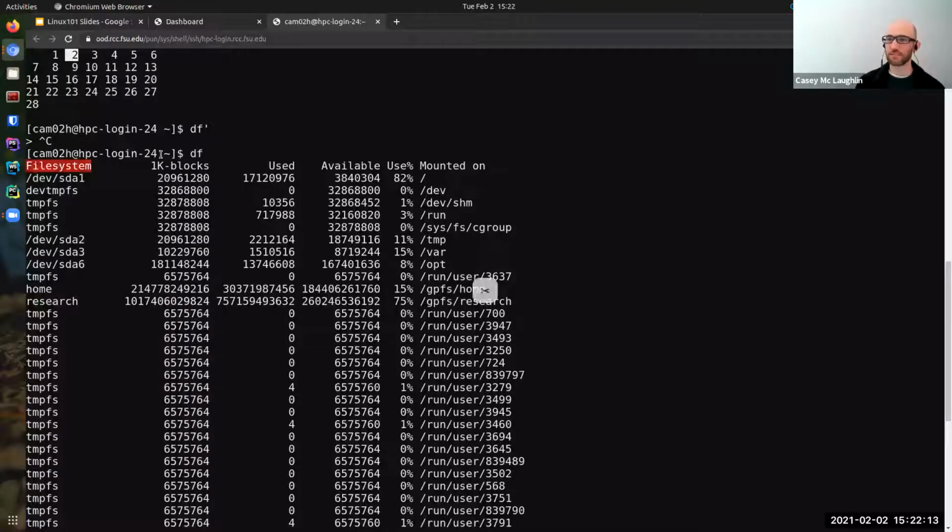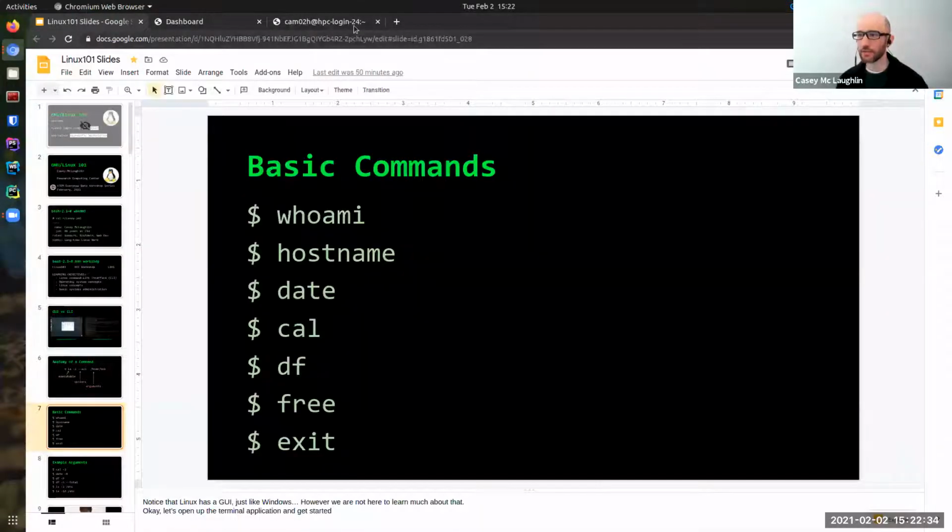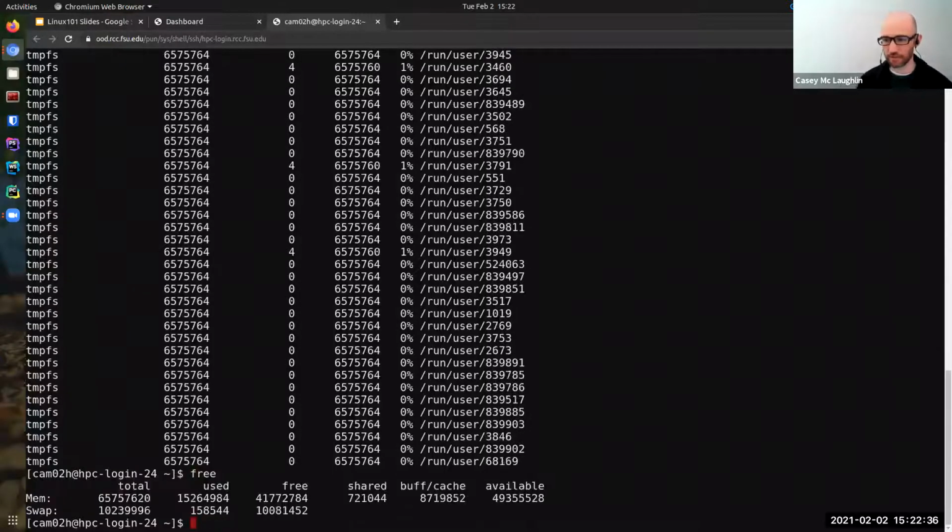The file system, 1K-blocks, used, available, use percent. Okay, that's pretty much the only intelligible part of this output if you're not used to it. But we'll find out how to make this more user-friendly in a few moments. free, let's try free, okay? Again, what do you think this command outputs?